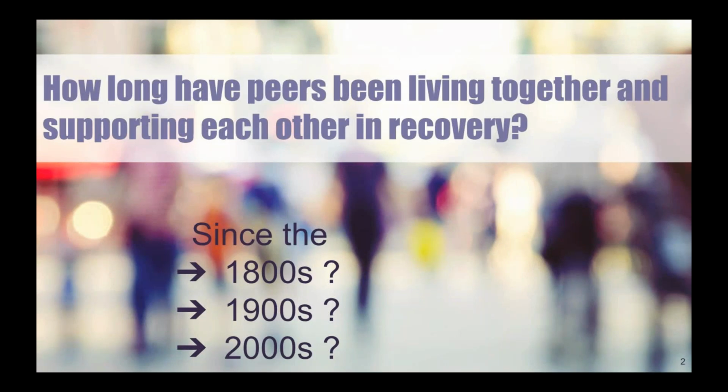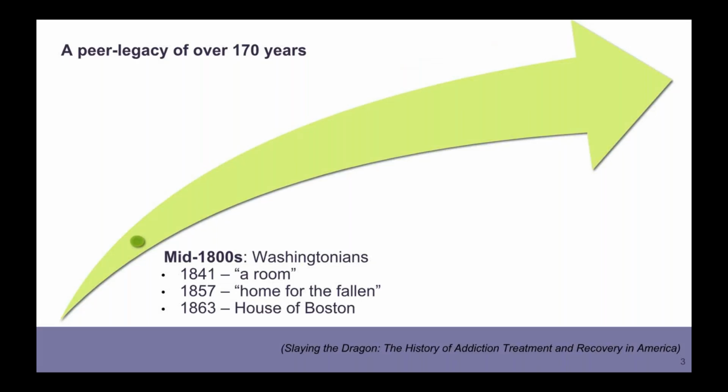So I've often wondered, where did recovery residences originate? How did they evolve? And so we can ask ourselves the question, how long have peers been living together and supporting each other in recovery? If you were to guess, would you think it's since the 1800s, since the 1900s, maybe since the 2000s? Well, thanks to historians like Bill White, who wrote Slaying the Dragon, The History of Addiction Treatment and Recovery